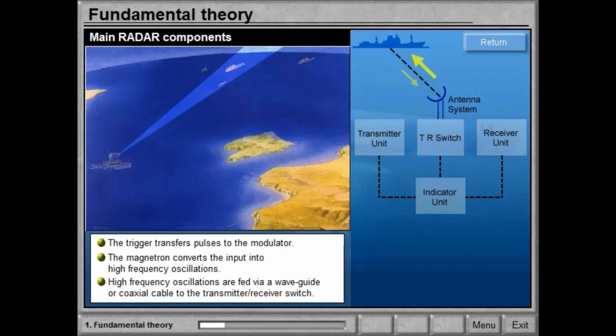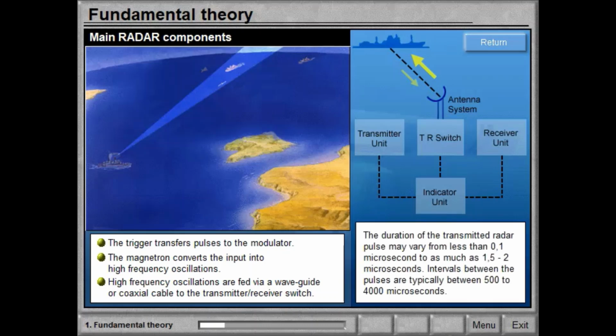Because the waveguide is shared for both transmitting and receiving, a transmitter-receiver transformer is used. Its function is to act as a switch, to allow the transmitted oscillations out through the antenna, while blocking the signal to the receiver. When the radar echo signals return, its function is reversed, so that the signal passes to the receiver, while stopping outgoing signals from the transmitter.